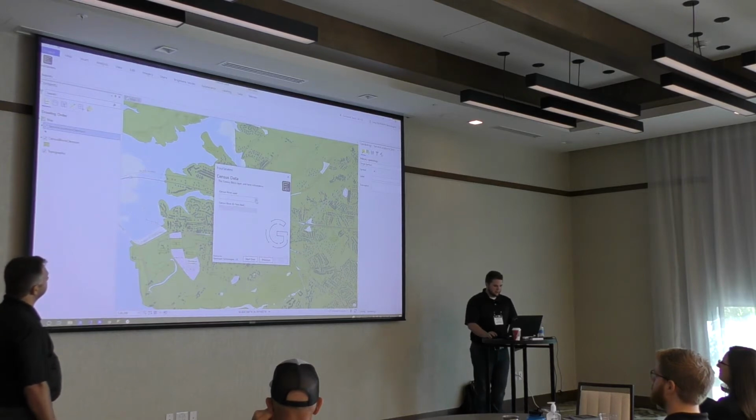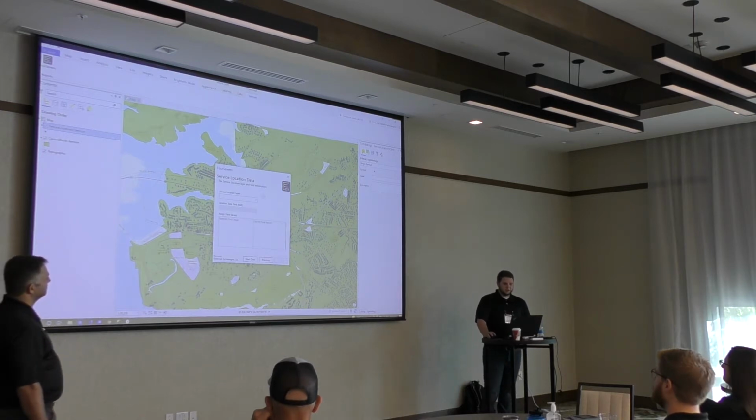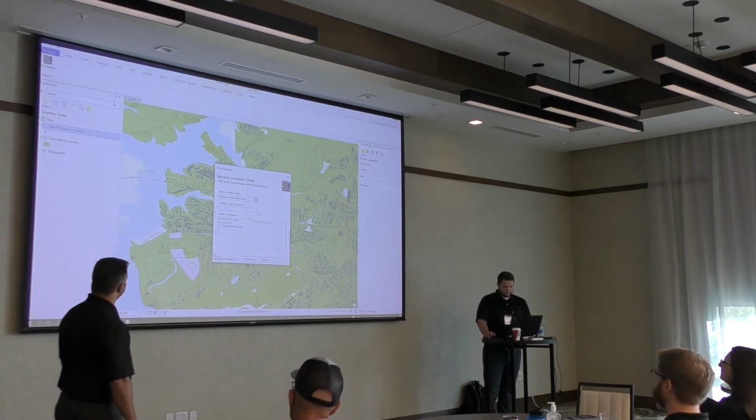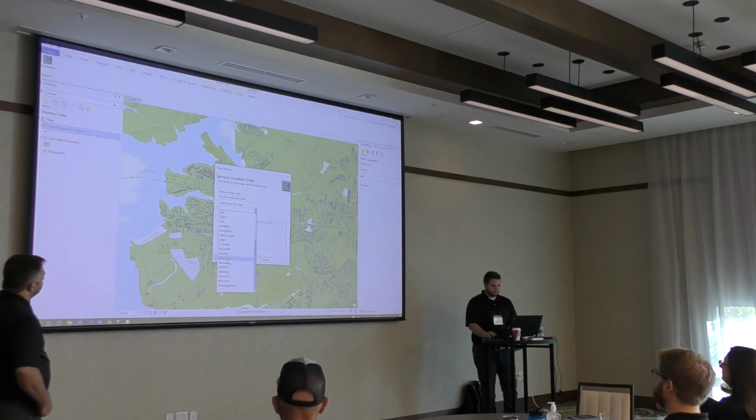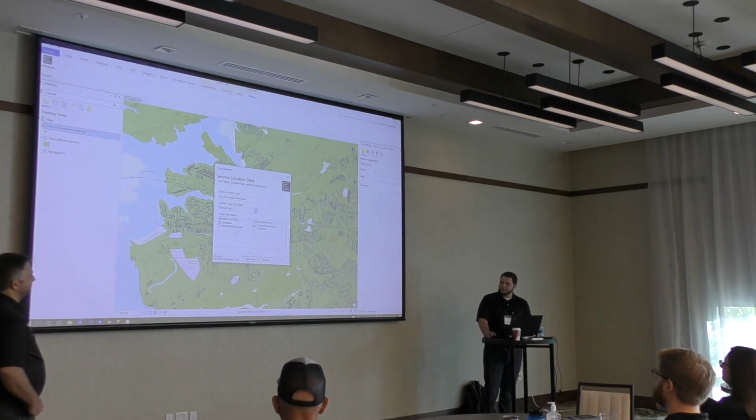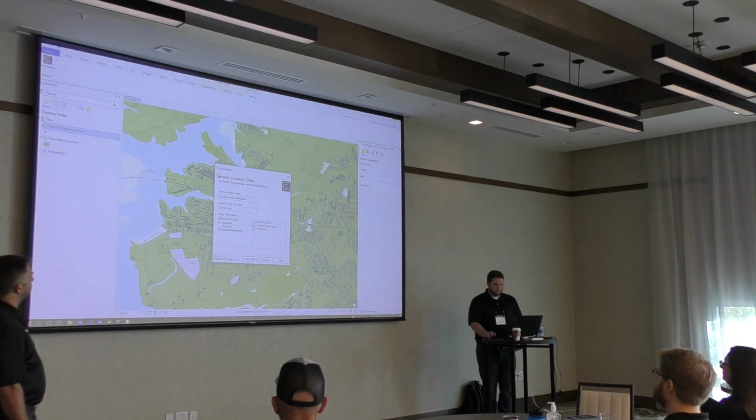So now we're going to select the layer with the census blocks. We're going to specify the layer that has the block ID in it. It has to be 15 characters. So this is for our service locations layer. We select that here. And then we want to select the attribute in the table that represents the type of service location that it is. And all this is a mapping tool. Let me say for consumer, this is the field value that I want to use. For business government, this is the one I want to use.